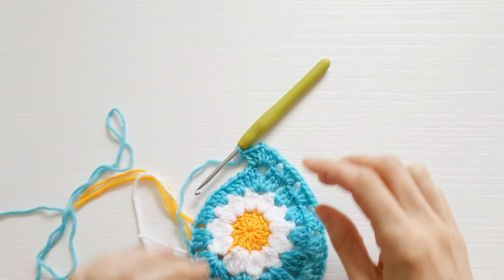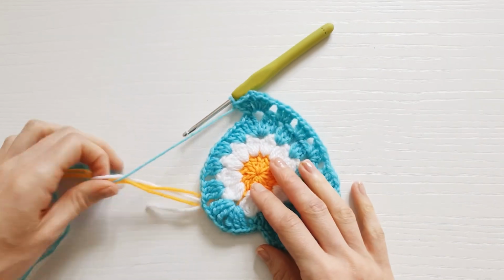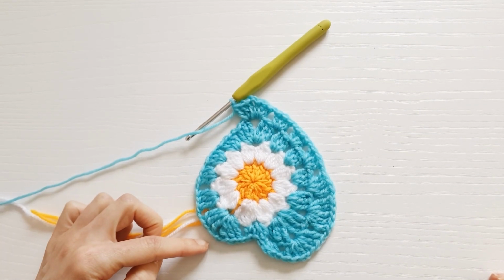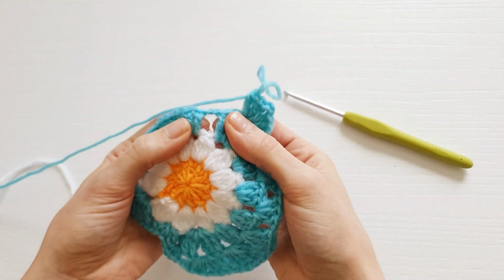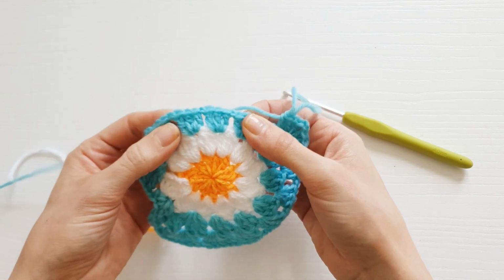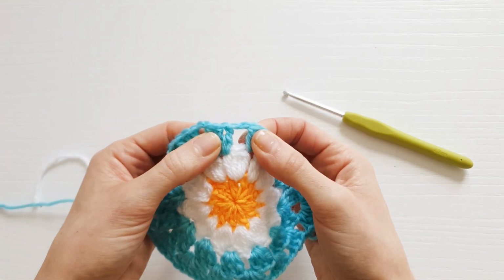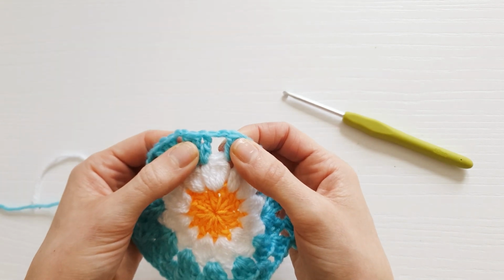Okay, now again, as we did with the first round, we're just going to mirror what we did on this side of our heart. So into this next stitch here, after chaining 1, it will be 3 double crochet, chain 1, 3 double crochet, chain 1, 3 double crochet, chain 1. Then we will work 1 double crochet, 1 half treble crochet, 1 treble crochet, chain 1,